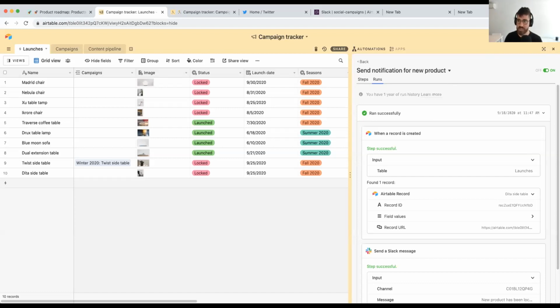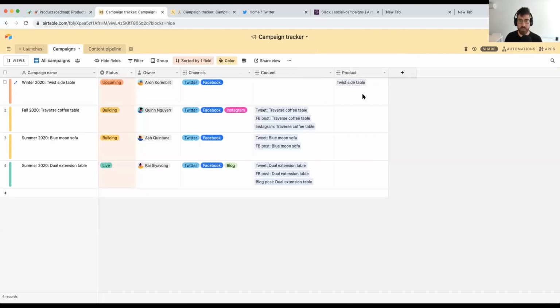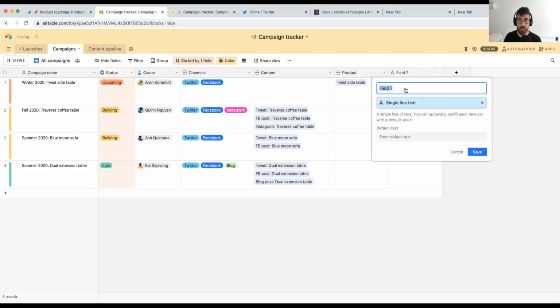And just one last thing here. Let's imagine now that we have our campaign that's tied to a product. So I'm looking at the linked record that matches a campaign to its product. We can also look up information. So it acts just like a regular table and regular field. So I can say the launch date,